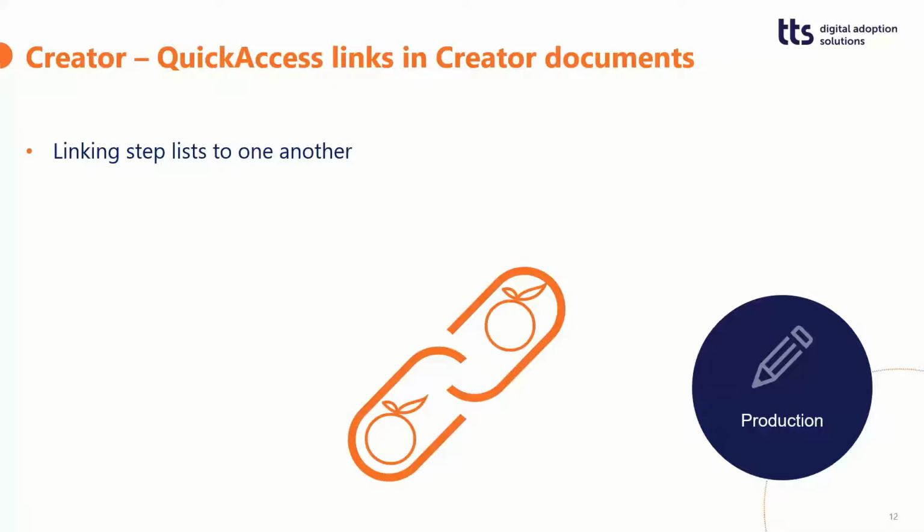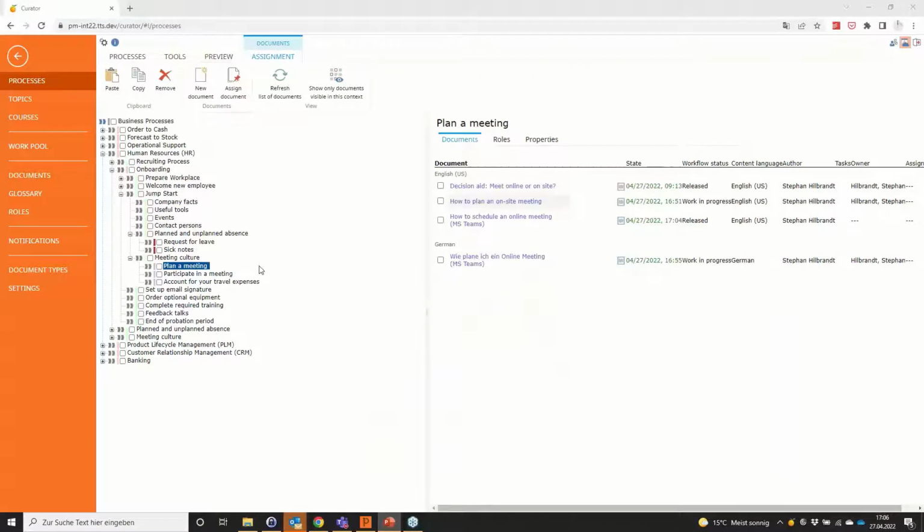Or if you have a certain search result within the QuickAccess you want to link to, you can do this as well and link to a certain search result, which is then directly opened from the step list you've currently open within your QuickAccess. I'll show you a little example of this as well. I prepared a little example. So if you